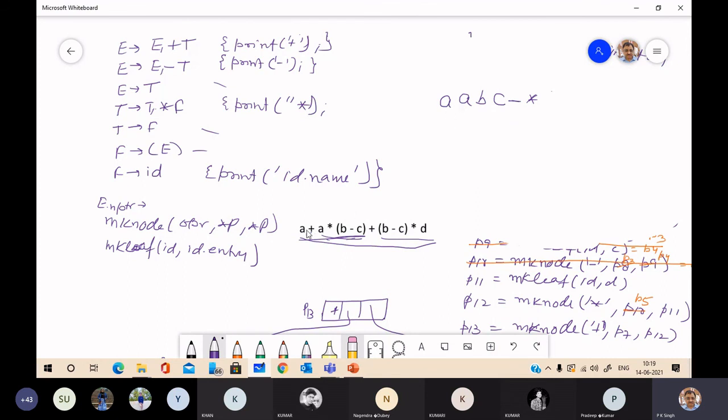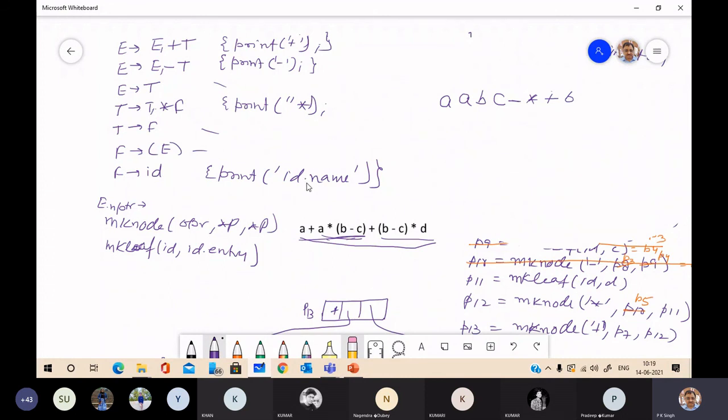Then we are doing the addition with this A. So add. After that, again it will shift plus, opening bracket, then B is reduced.